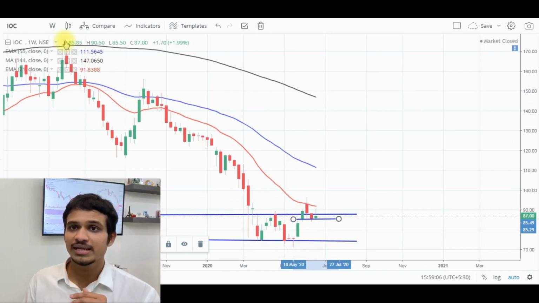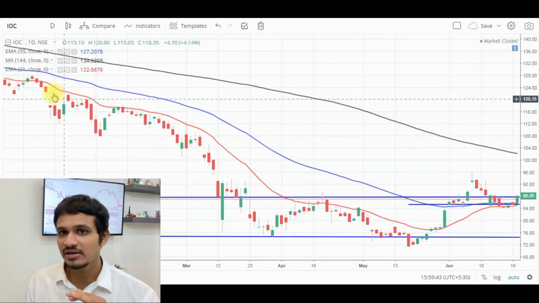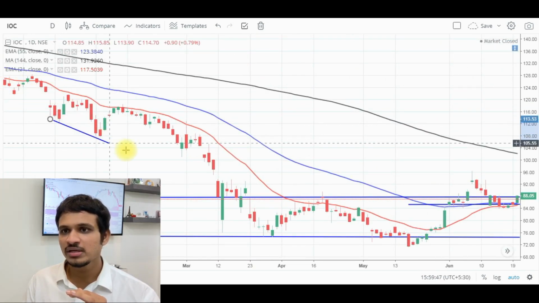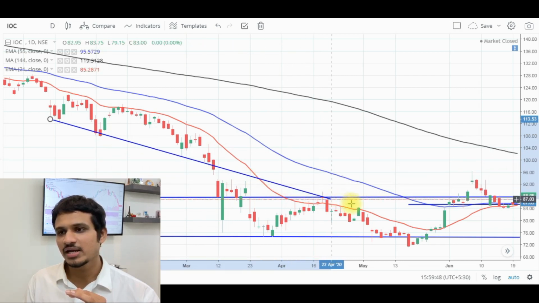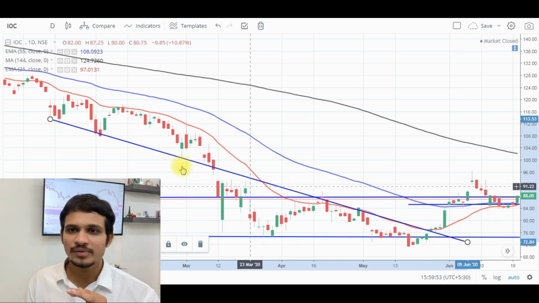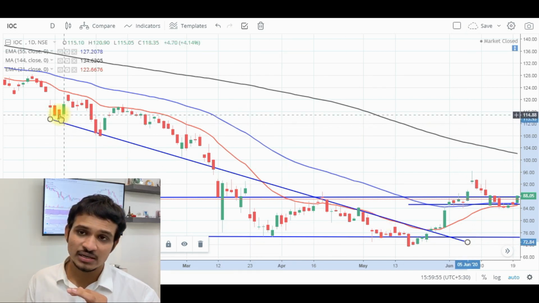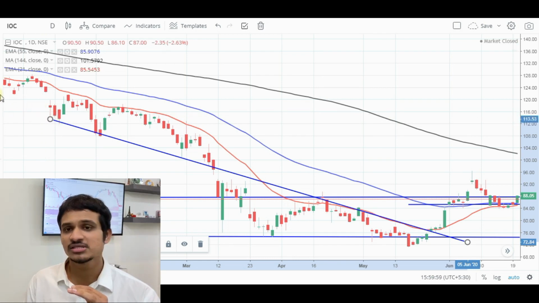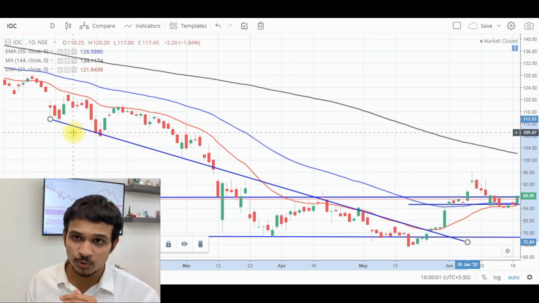We will go in the daily time frame to analyze this aspect of the chart once again. So here in the daily time frame, one important aspect I can find out again is if we mark this trend with a trend line over here, you can see friends how the price was facing a support over this trend line over here. If we extend it further in this direction of the chart, we'll definitely find a few more touch points.